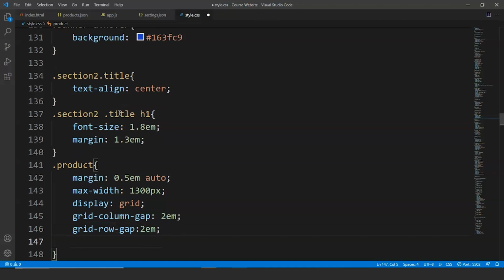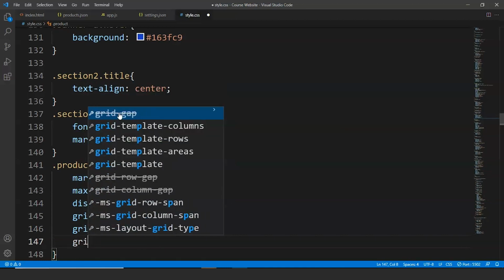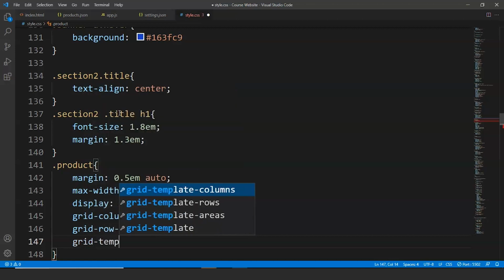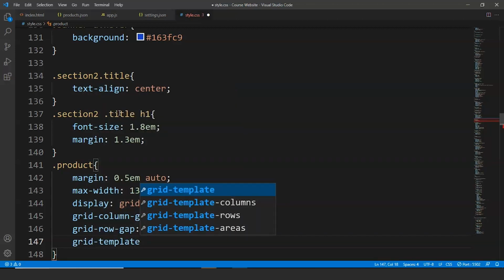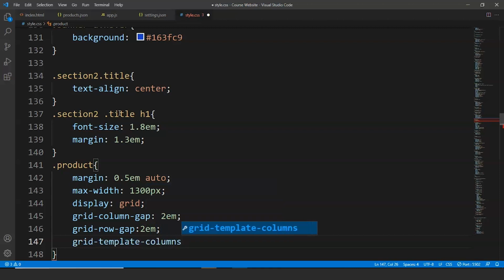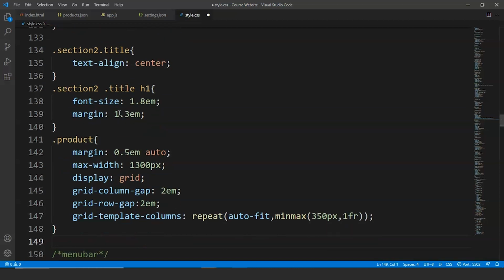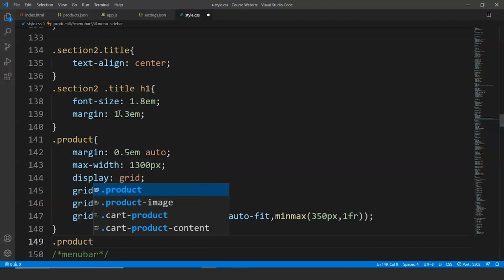Then we'll write here grid template columns, and we'll write here repeat. We are going to create a grid for our products, right? So we'll write here auto-fit, comma, minmax. We'll write here 350 pixels and 1fr. Fine. Next up we'll write here dot product